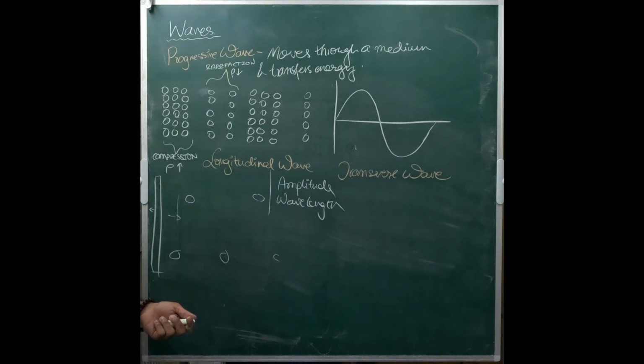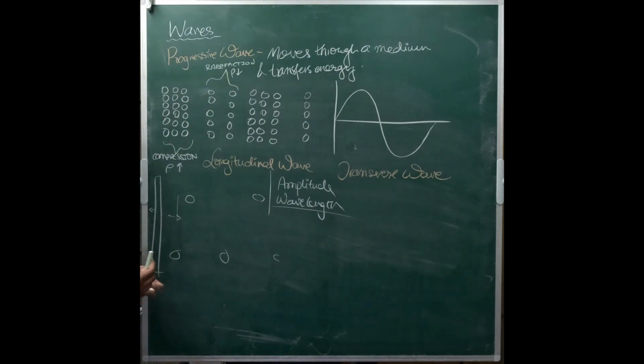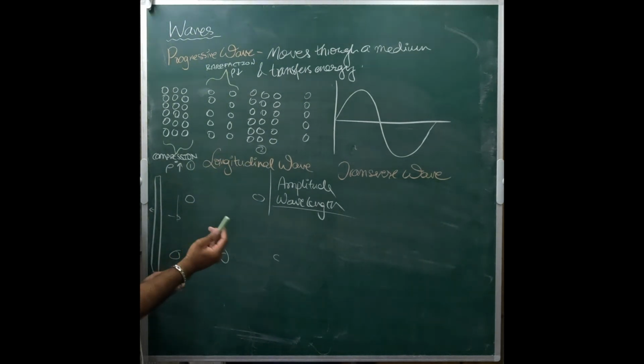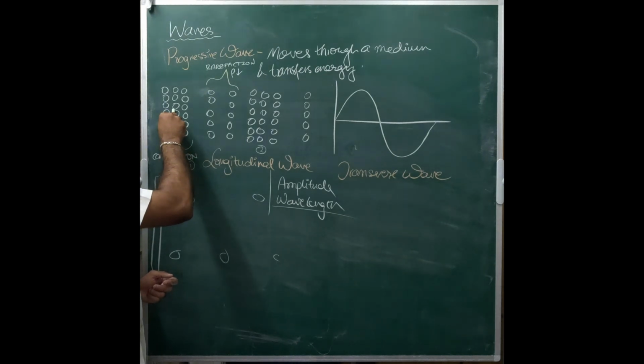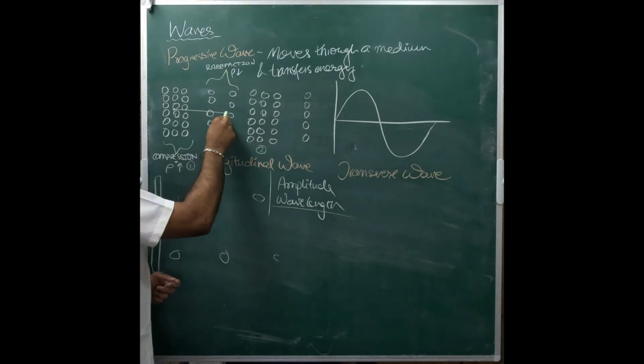Now, how are we going to do this? It's easy. Let's start off with wavelength. How are we going to work out wavelength using this diagram? Well, what we do is we look at a compression, one compression, and we look at the adjacent compression to that. So this is the first compression. The next compression we can see is here, right? That's the second one. Now we go to the middle of these and we look at the distance between.